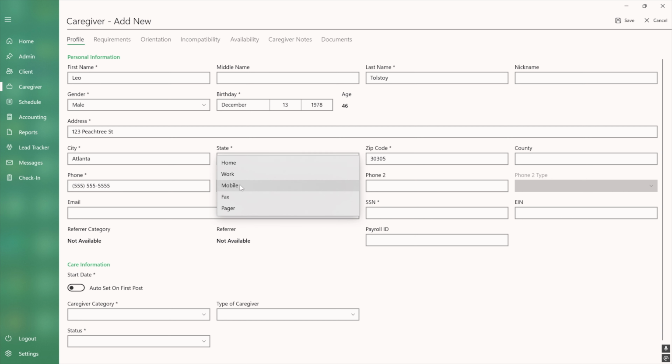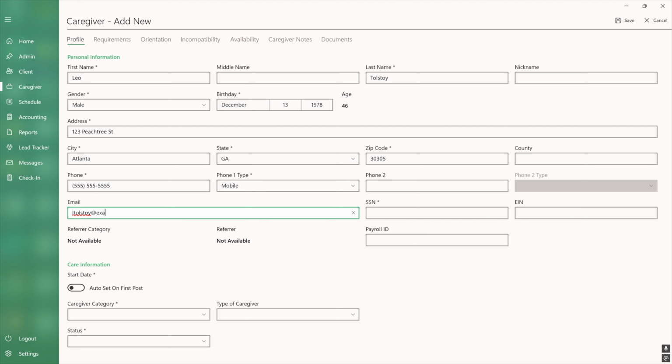We'll say it's a mobile phone, and then an email, a social security number,